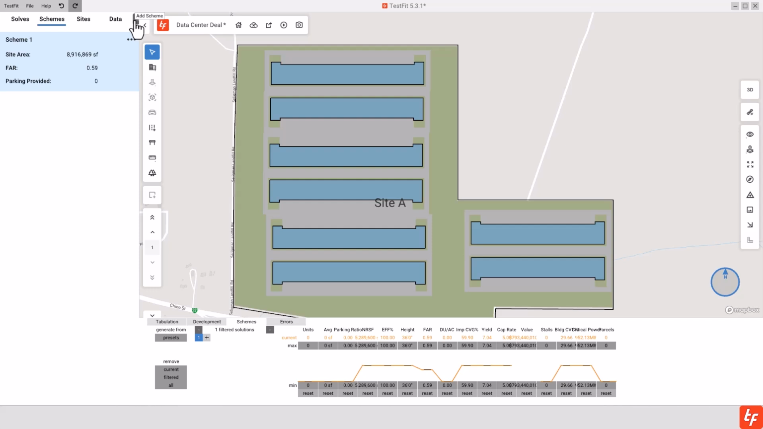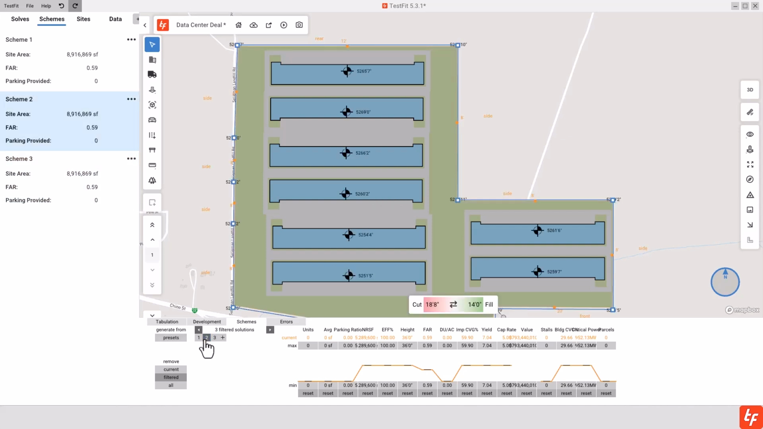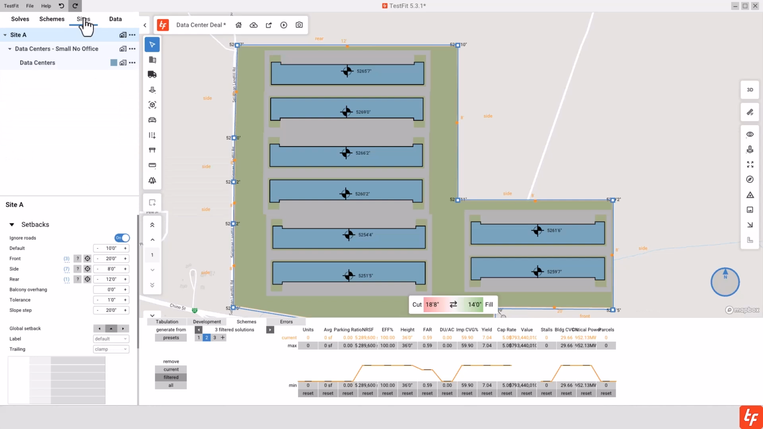Currently, we have a single scheme. If we click this plus sign right here, it says Add Scheme. We now have two schemes. If we click the plus sign here, we now have three schemes. Our schemes are all identical. If we head to the second scheme and return to the Sites layer, we want to go ahead and change